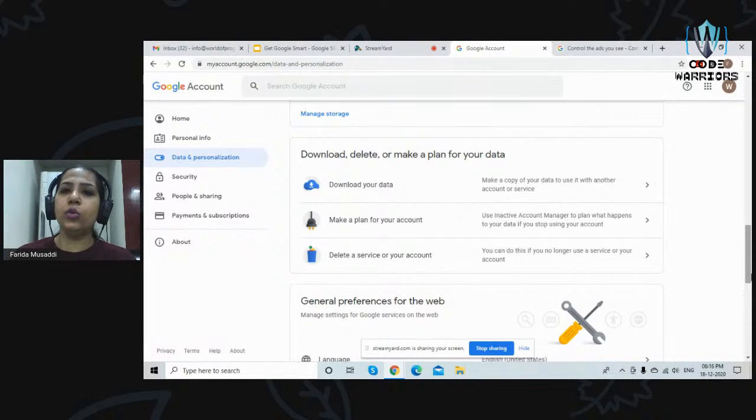So in this case, this is a wonderful opportunity that you can keep, and you can decide, you know, how actively you are using the account. If you are using that account on a daily basis and if for 3 months the account is inactive, then Google can automatically share that information with some other account. So wonderful feature that you can use here.